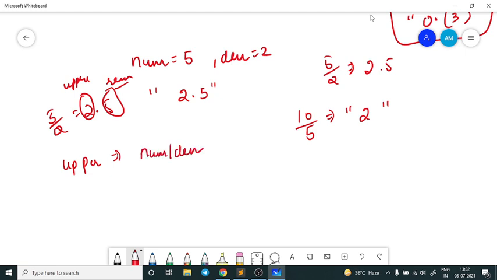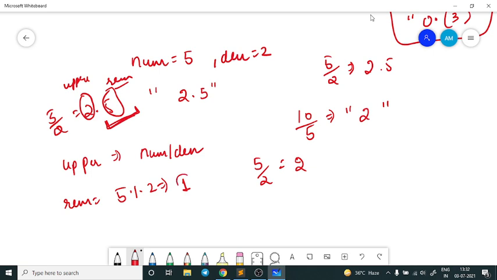If I divide 5 by 2, I get only 2. To deal with the remaining part, I take the remainder, so my remaining becomes 5 mod 2, which is 1.